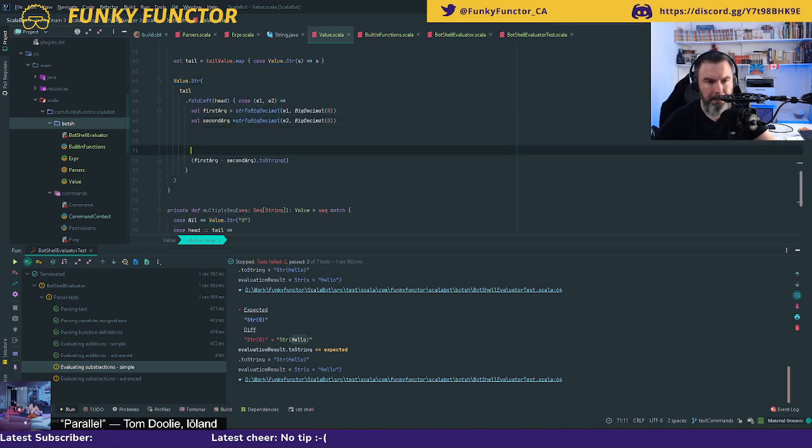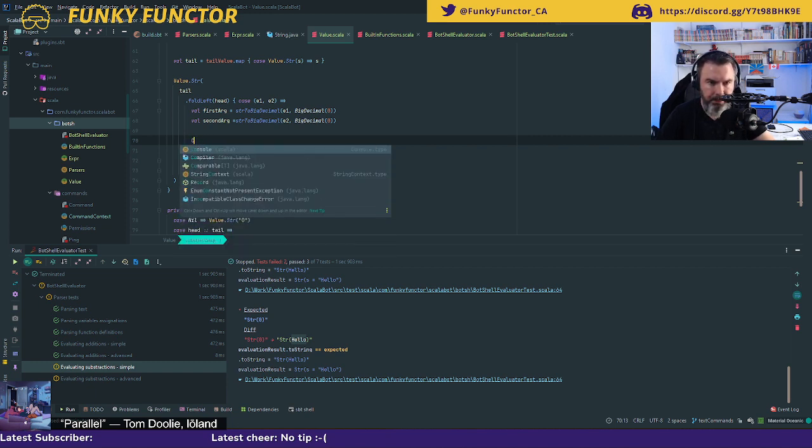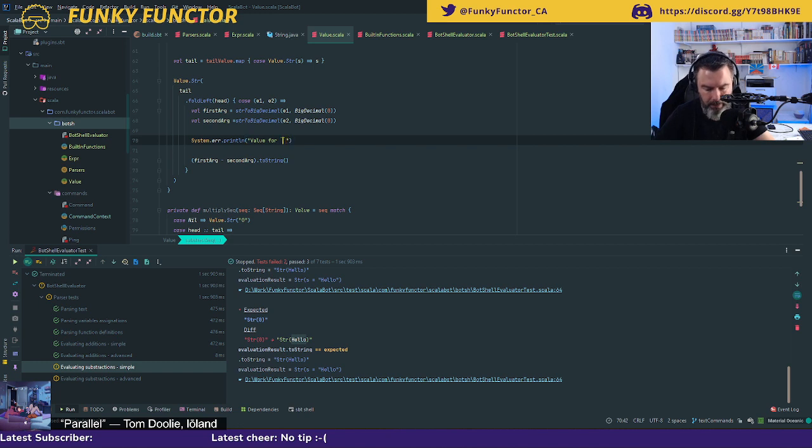So here, let's see, convert system print line. So value for, so let's say E1. Oh, forgot to put the marker for the string interpolation, and then I'm gonna put this. So dollar first argument.